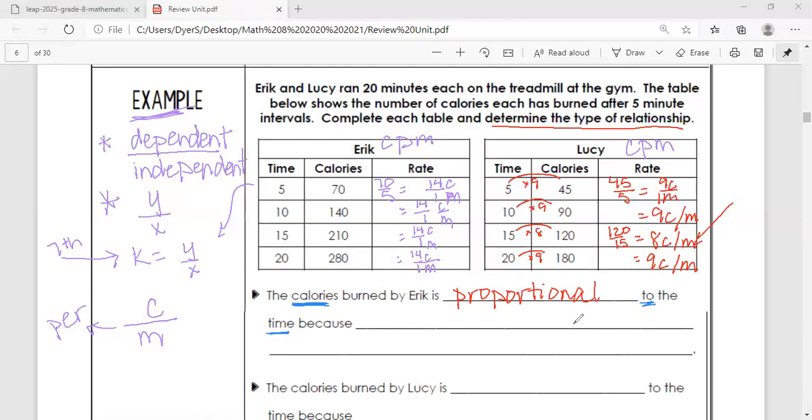That tells us immediately how to set up our proportion, how to set up the ratio. It tells us right here, calories per minute, calories to time. Okay, so if you're reading the questions and paying attention to how they're phrased, you can make sure you're setting up your ratios correctly. All right, because the rates